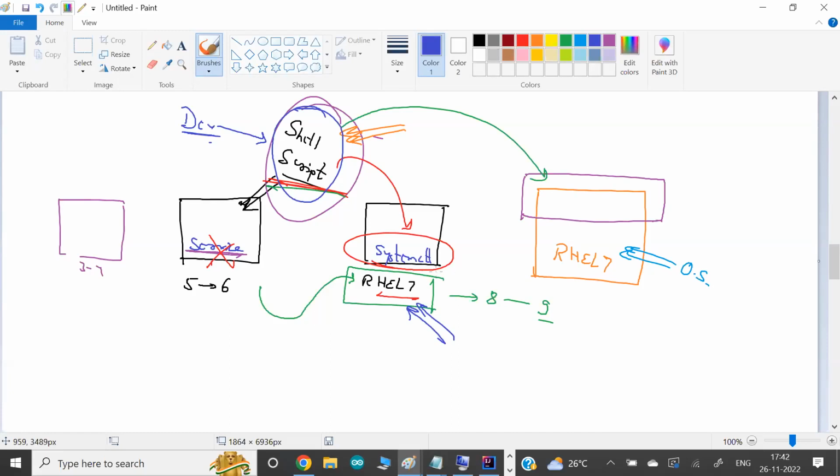Developers should know the new commands. So the developer has to first enhance their knowledge of Red Hat 7, or they might work with the core admin of version 7, and understand what commands have been changed and what other options have come up. It means you require a lot of knowledge first, right? You can't directly create a script.